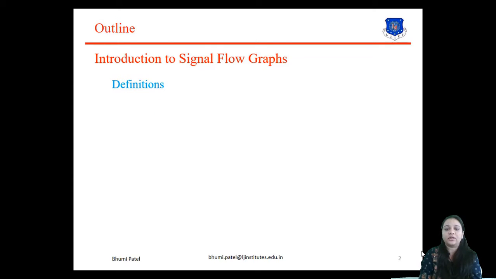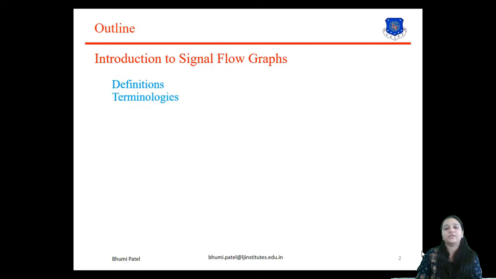A signal flow graph is a graphical representation of the relationship between the variables of a set of linear algebraic equations. A signal flow graph consists of a network in which nodes are connected by directed branches. Each node represents a system variable and each branch connected between two nodes acts as a signal multiplier. Note that the signal flows in only one direction.